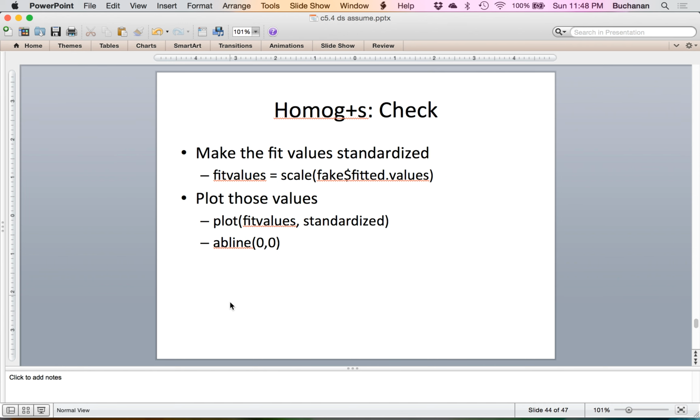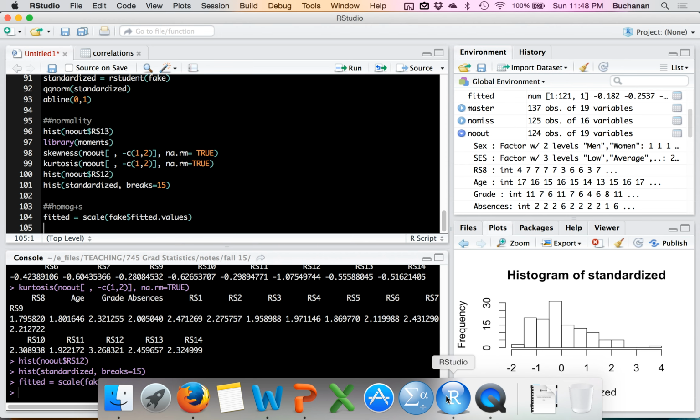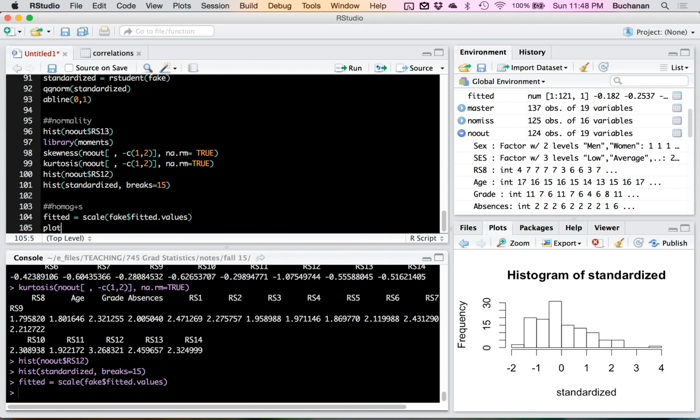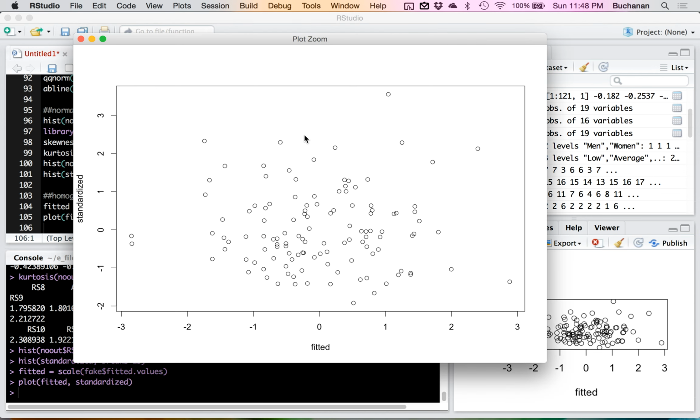So we did this fit values thing already. I called them fitted just now. And we're going to plot them against each other. So it's a very simple plot function: fitted values, so it's x comma y, and standardized. Okay. And that creates us this plot that you don't have any idea how to interpret, but